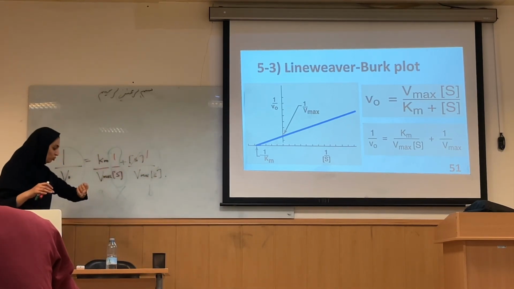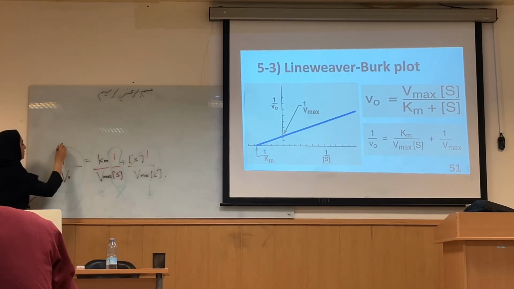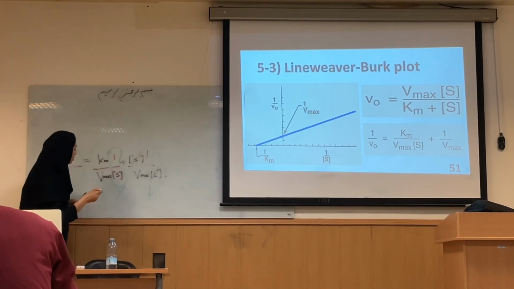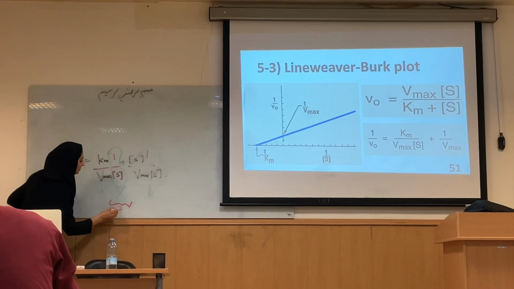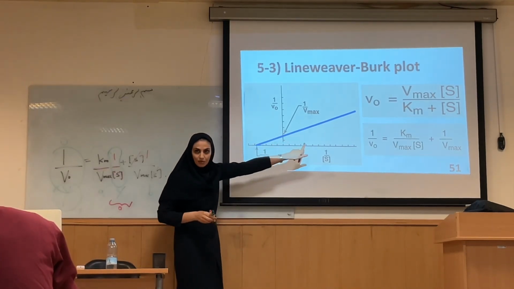Guys, you can do it. If you want, we can do it here, but I'm a little worried about the time, though we have enough time. At first, we imagine that 1 over V0 is 0 and evaluate this intercept, and in the other situation we imagine this is 0 and evaluate the other intercept.